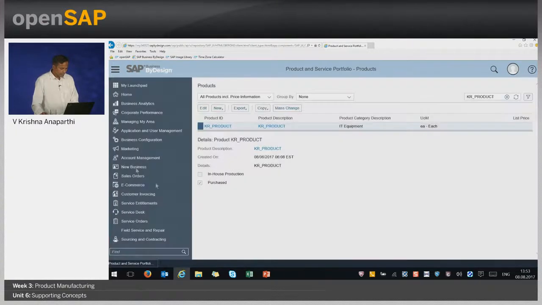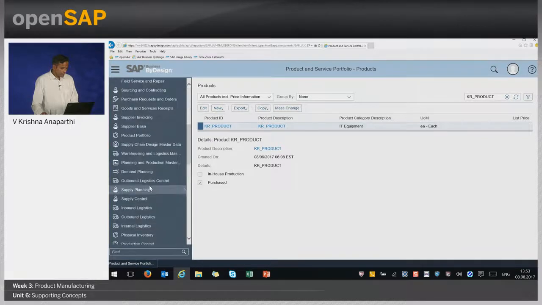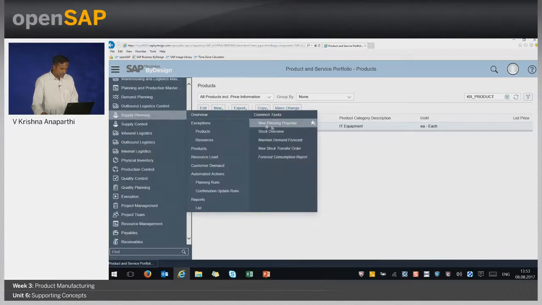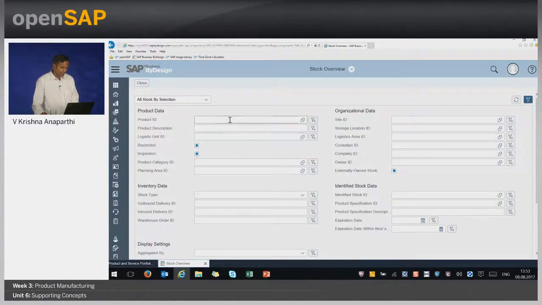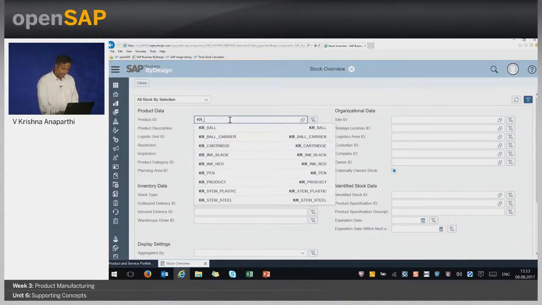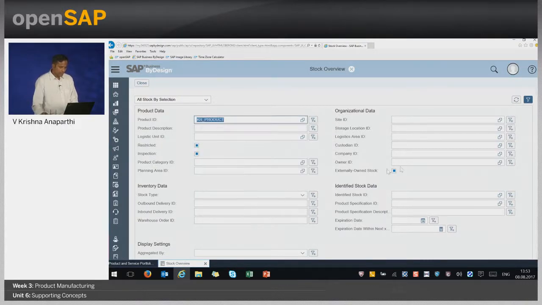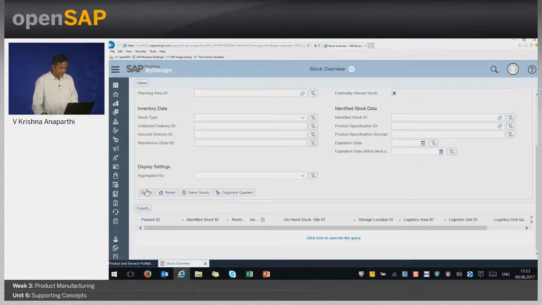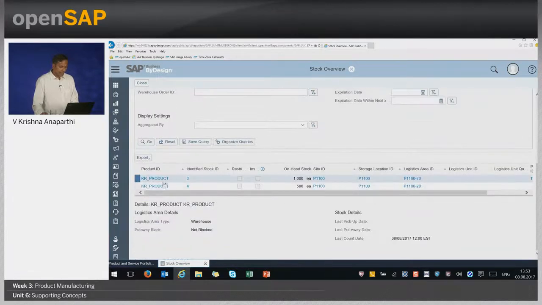The next thing, let me go to the stock overview to quickly check the corresponding stock situation for this product. I go to the product and I see in the system there are primarily two batches, batch number 3 and batch number 4, and there is a stock of 1000 units for batch 3 and 500 units for batch 4.